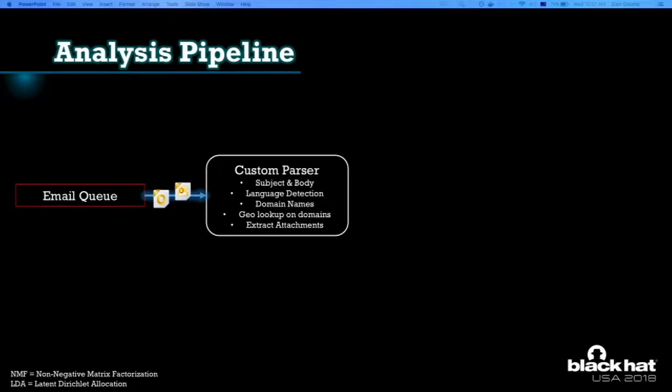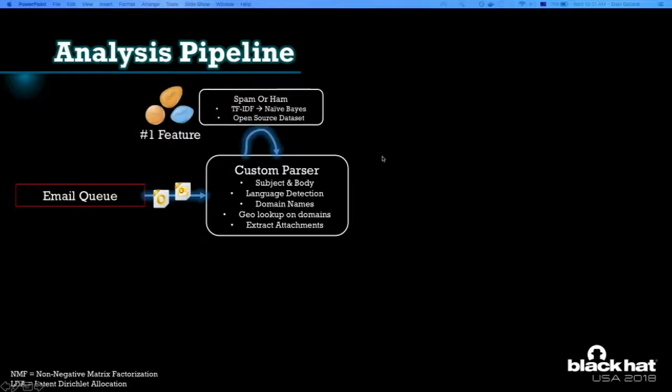So we made a custom parser for the emails, taking out the subject, the body, the text and languages, taking out the main names to find out which companies are involved in the emails. We take out the attachments and they go into a different queue, which was the attachment queue. We also made a small spam filter so that we don't get a lot of phishing emails or spam emails.